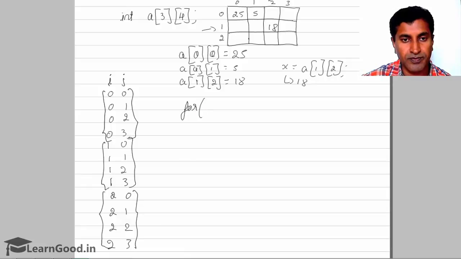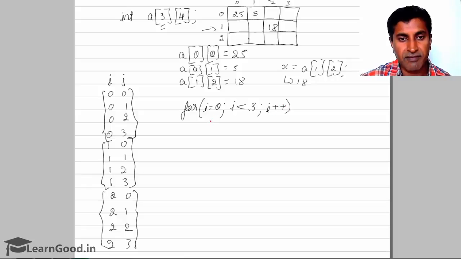So take a for loop where you give I equals 0, I is less than number of rows. Number of rows is nothing but 3, because the order of the matrix is 3 cross 4. So I is less than 3 and then I plus plus. Same way for generating the column numbers, when I value is 0, it should generate for J 0, 1, 2, 3. That means you can give J equals 0, J is less than 4. Less than 4 means it will go up to 3. And then you give J plus plus.